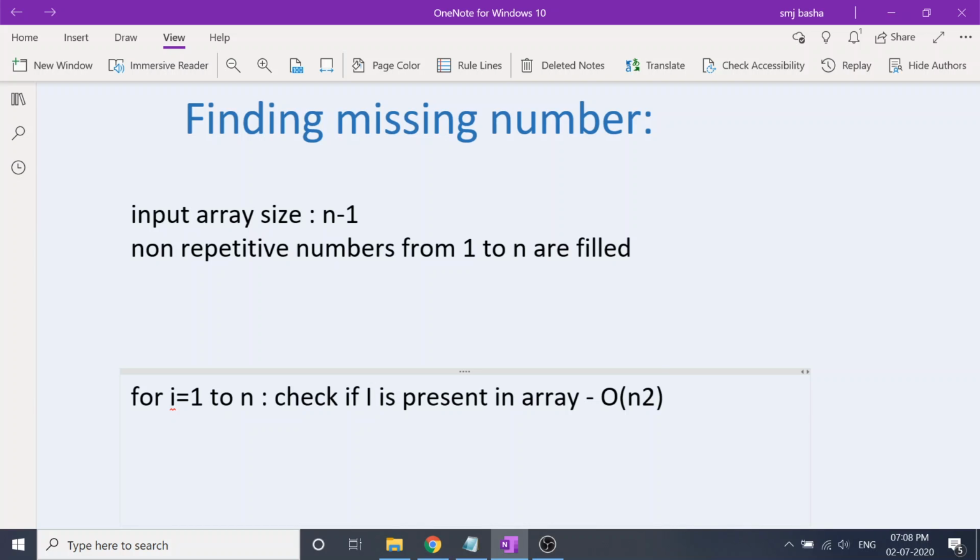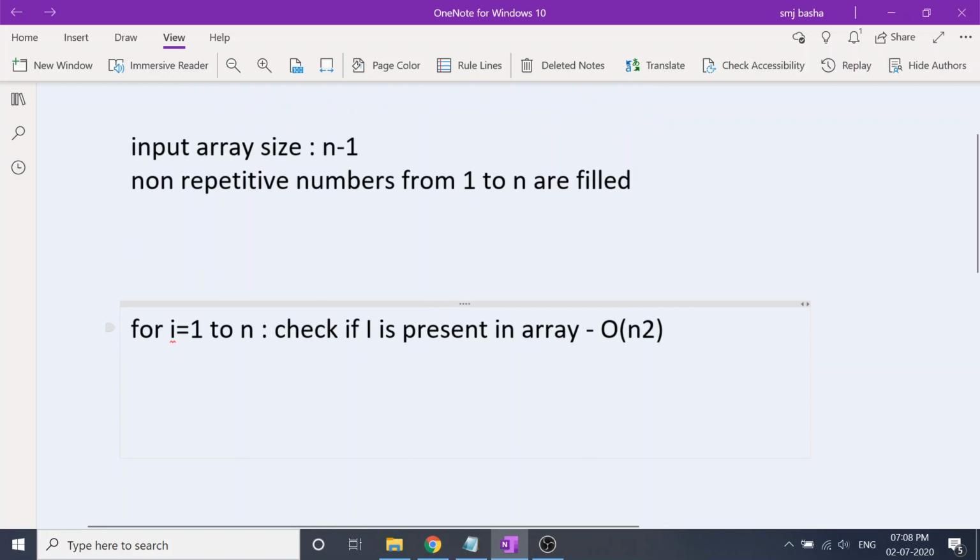What happens in interviews is you actually have to come up with a better, optimized solution in terms of time and space complexity. So let's see how we can reduce the time complexity a bit. Let's see what is the drawback in the previous approach. For i from 1 to n, we are checking if i is present, but to check if i is present, we are again taking order of n. That takes the overall time complexity to order of n square.